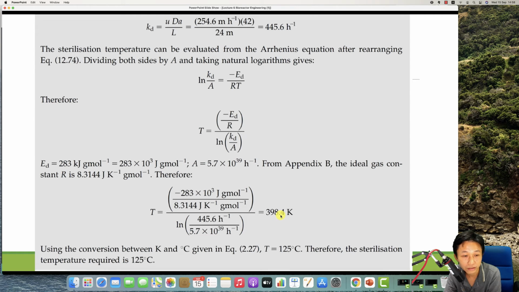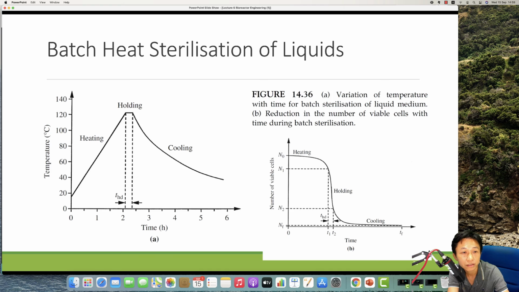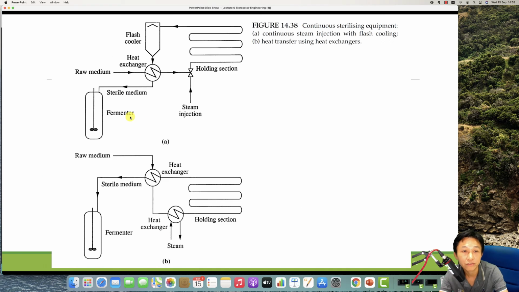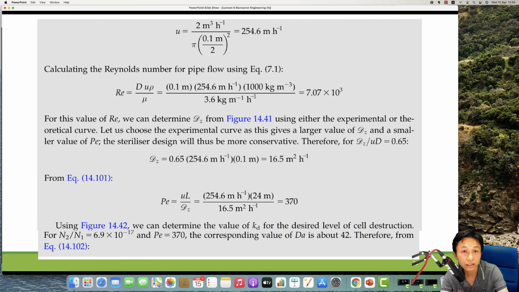Kelvin. After that, you can see the temperature that we require to sterilize this system is 125 degrees Celsius. Certainly we need to have more than 1 atm pressure. You have an idea here, and then we confirm with the calculation that we need at least 125 degrees Celsius. This is for heat